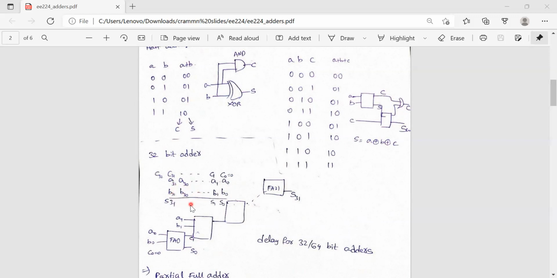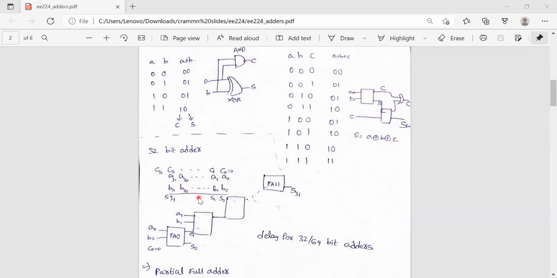Okay, we use the cascading of full adders. We will get the output and carry also. This works fine and it is very easy to design. But if you see this, due to the cascading effect, there is a delay for the adders. If we take a delay of tau for one full adder, then there is a 32 tau delay for the whole 32-bit adder system.